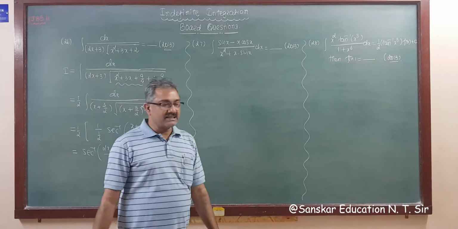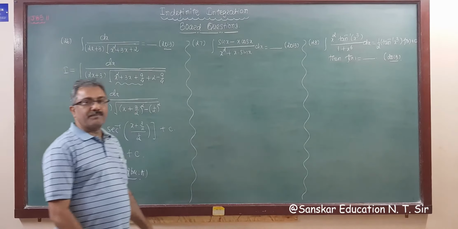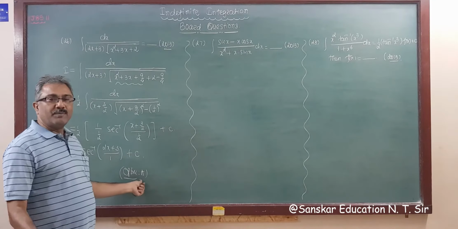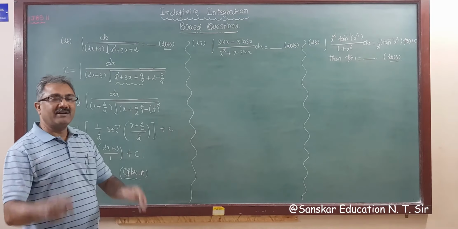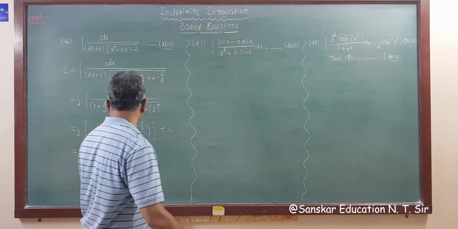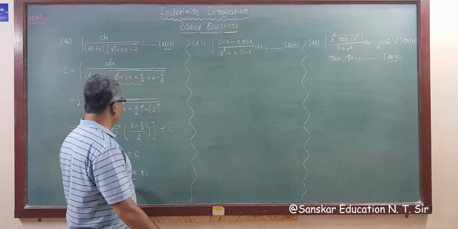So the next question is 27. By mistake in your PDF there is a bold mark on option C. I forgot to fix it, it may be a typing error. But this is your correct answer: sec inverse twice x plus 3, that is option A is your correct answer.